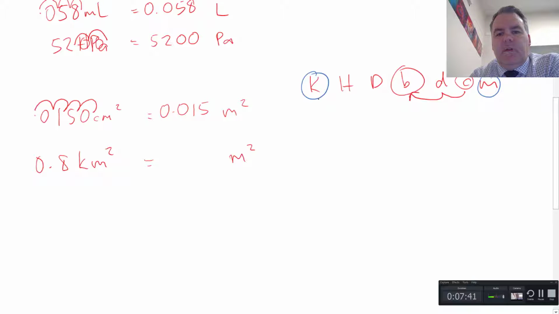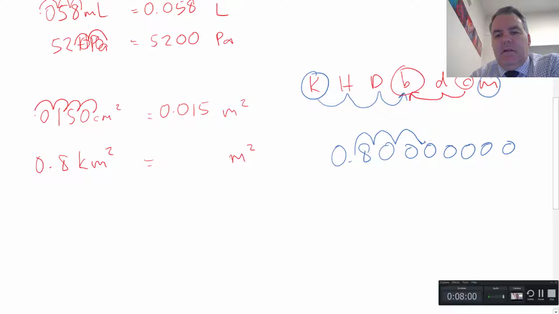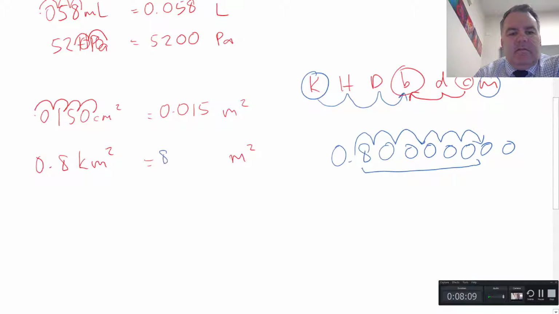So from kilometers squared to meters squared, notice I have to go forward 1, 2, 3. But in this case, I have to do it twice because it's in kilometers squared. So here's 0.8. I'll just add on lots of zeros here. So I'm going to have to go forward 3 times. 1, 2, 3. And another 3. 1, 2, 3. So that's what it would be right there, 800,000